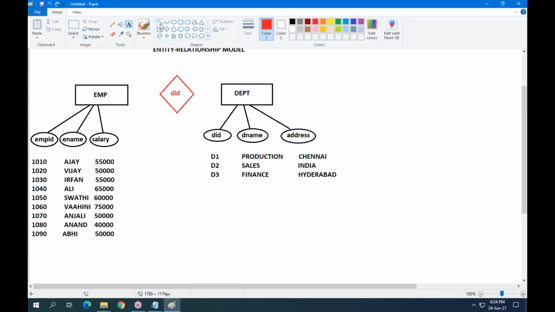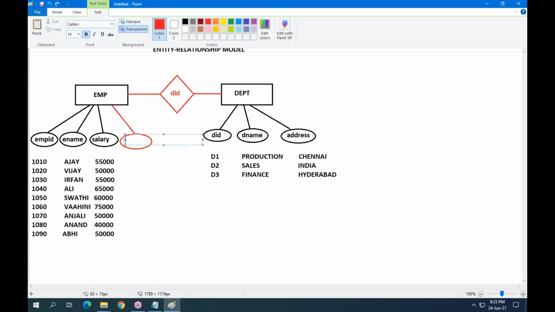So the department ID property is reflected into the employee table. In the employee table, I will maintain one more property. What is the property? Department ID.